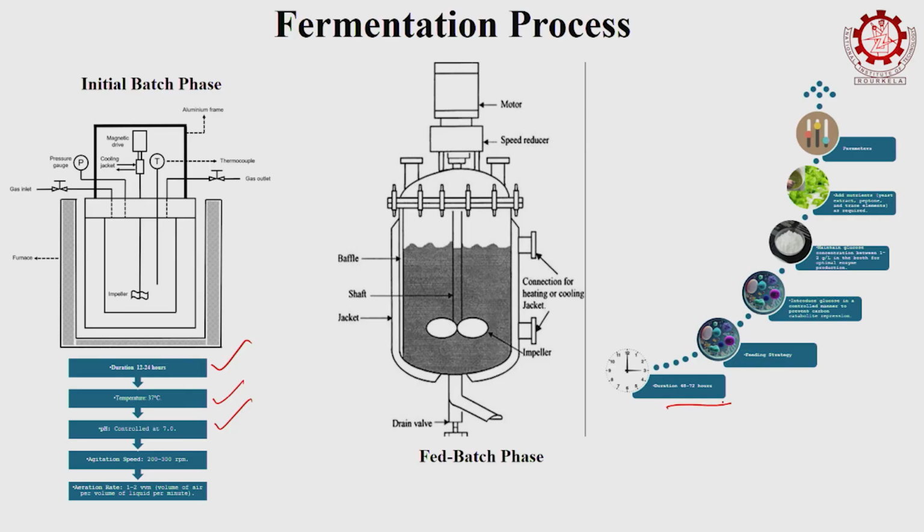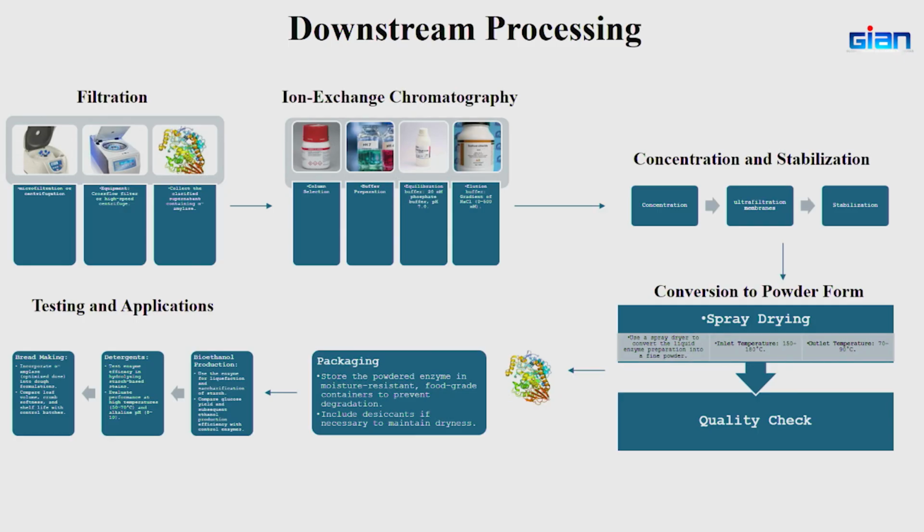Next, the upstream processing and the fermentation part is done. Then we went to the downstream processing part, which first of all includes filtration. As he told earlier, our product is extracellular, so we don't want the cells; our product is in the broth itself. First we filter out the cells and biomass collected in the broth with the help of filters. Then we went for centrifugation, to remove all the heavier particles.